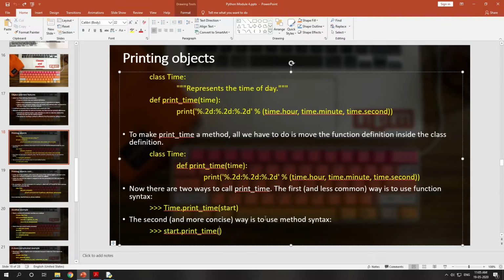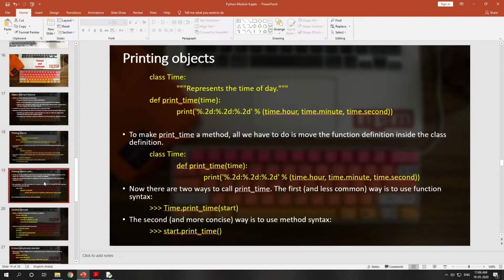If you try to write any other object name here, for example start2, it will throw a parameter count error, because it will take two parameters, start and start2, but print time takes only one parameter. So start, which is an object of Time, is assigned to this time parameter. That's why we have not written any parameter value here.